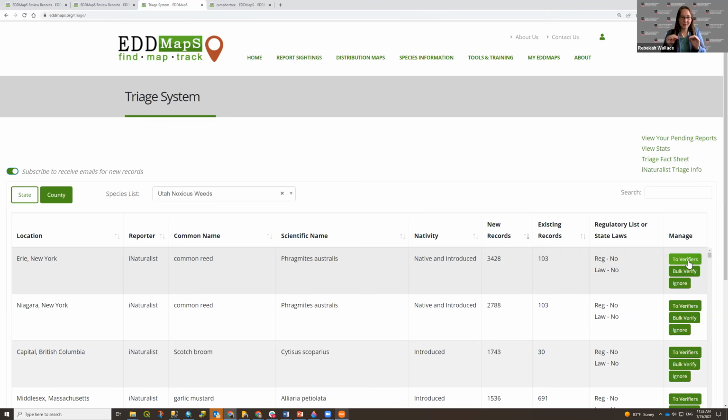We only grab about this much information that you see here while we're waiting for a decision to be made. Once a decision's made, then we go and grab the rest of it. So you won't go from clicking two verifiers immediately to the review queue and see 3,400 more records. It takes a little while to go and grab all the images and everything else associated with the records. I did want to make that very clear.